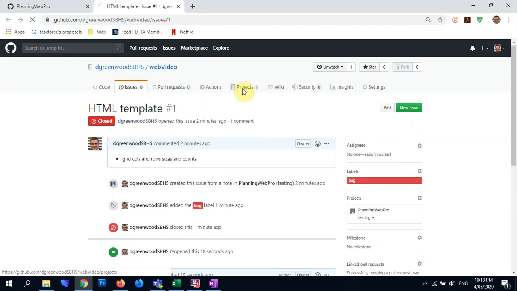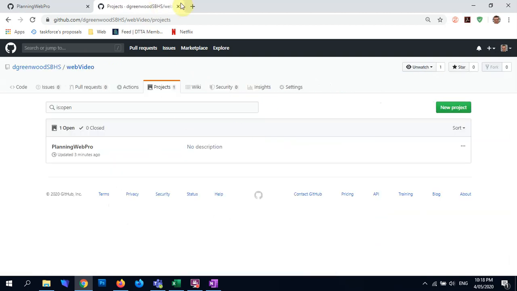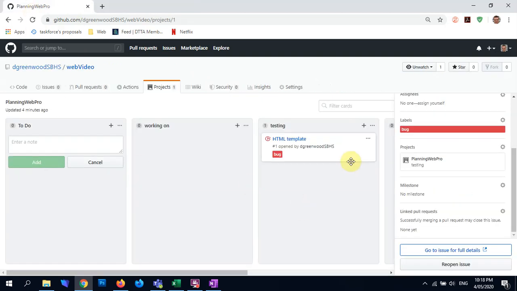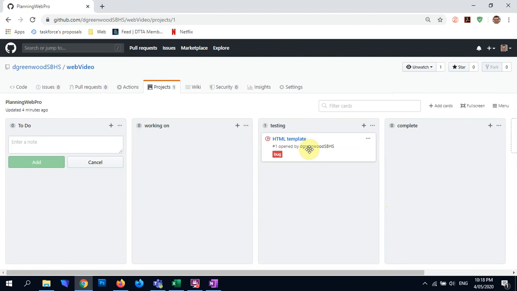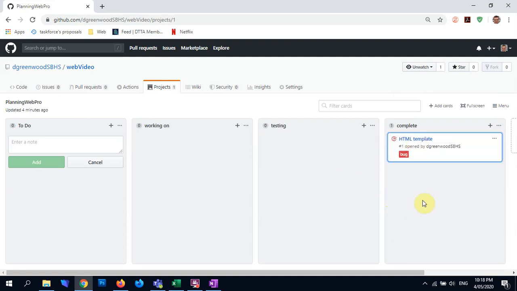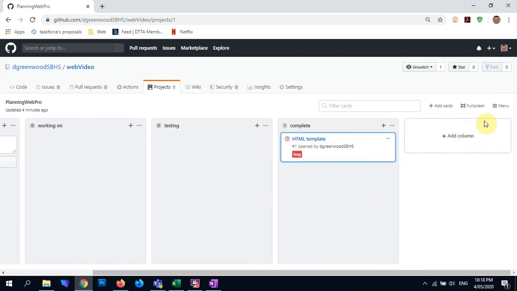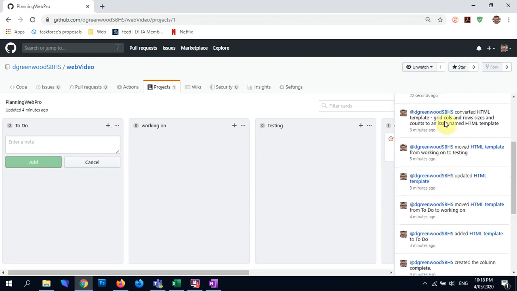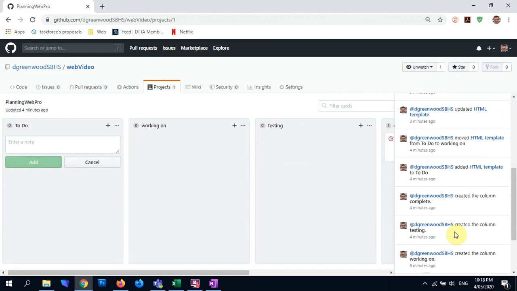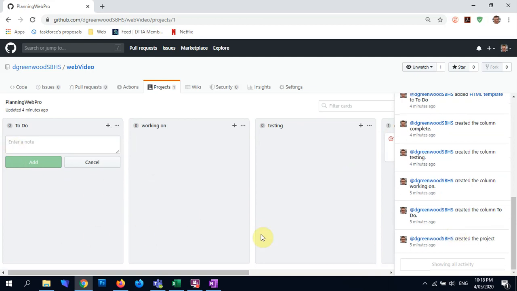So I go back to my project. Oh no, so the project's still over here. I don't need to see that. Then I can move it to complete because it's been done. And if I go into here, where it says menu, I can actually see all the activity of when things have been moved from working on to this, to that, to this. So it does actually need to go through these and go through these testing. The idea is that